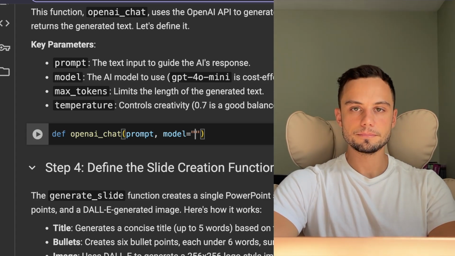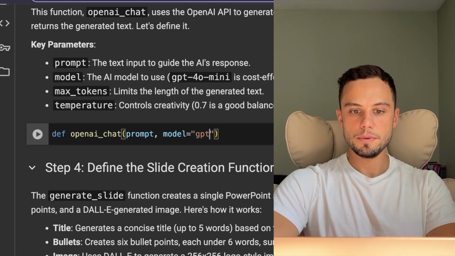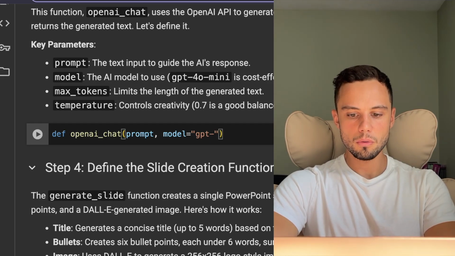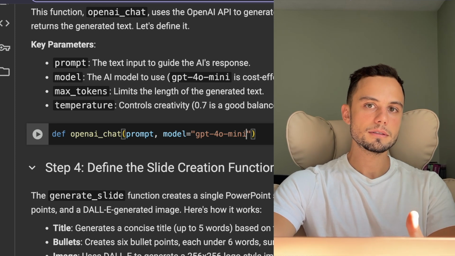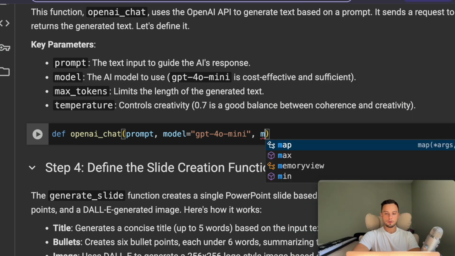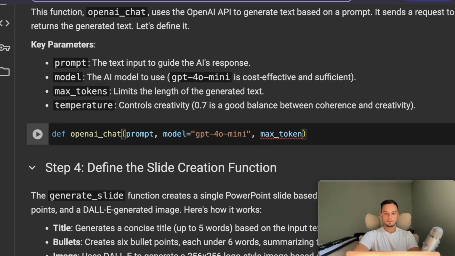For this class, GPT-4o is going to be sufficient for the title and the slide generation. Then I'm going to define the parameter max_tokens, and the max_tokens is going to say what is the maximum size of text that I want the AI tool to generate. Do I want text up to 1000 lines, or do I want text up to 100 lines? So I'm going to set this one to 500, and finally